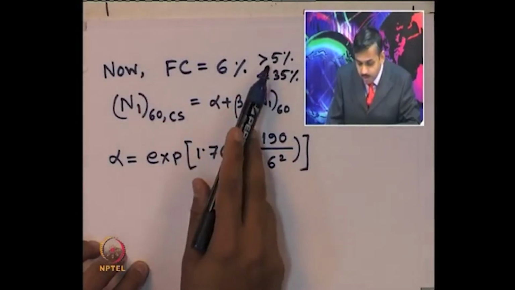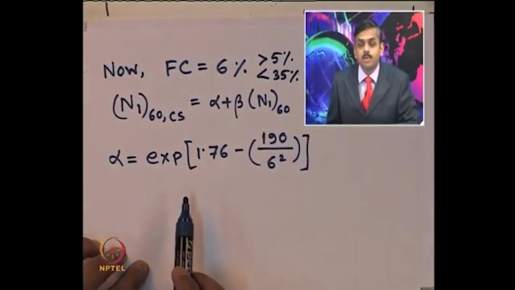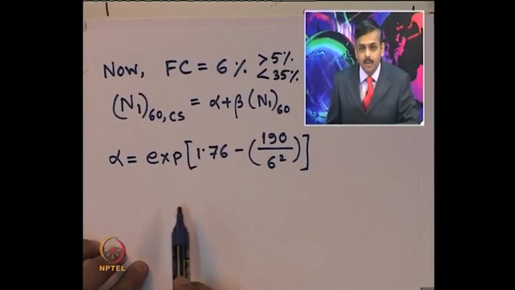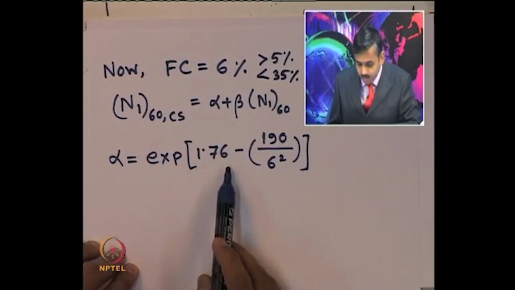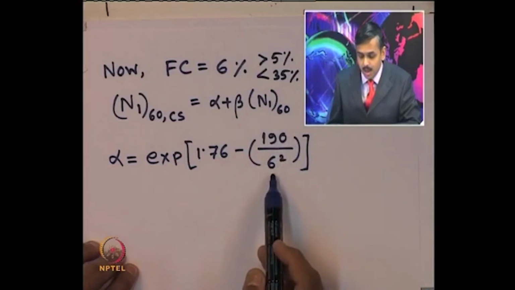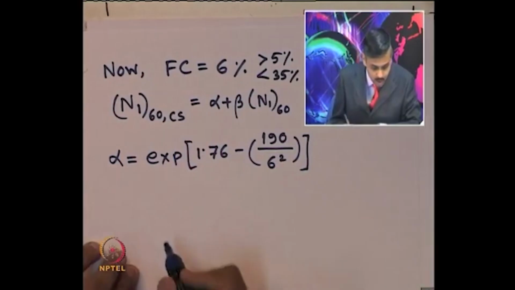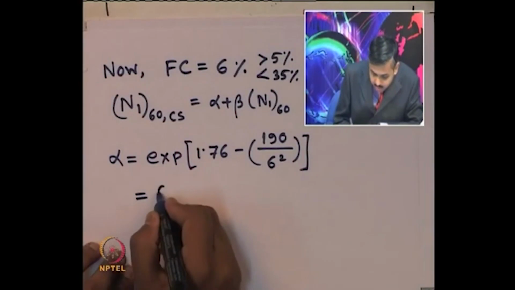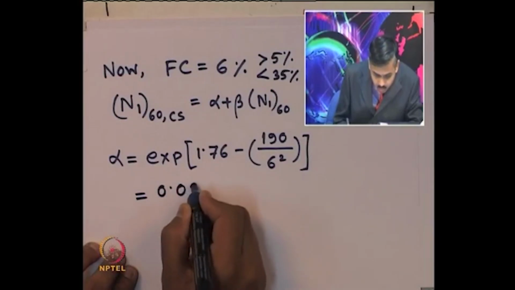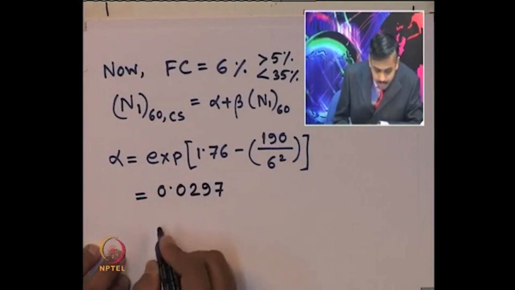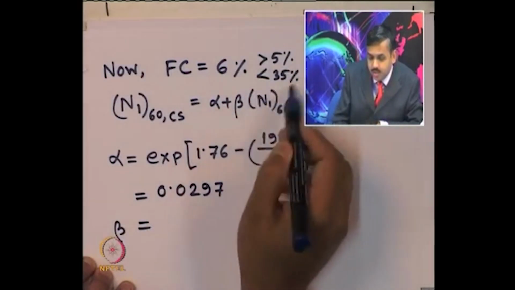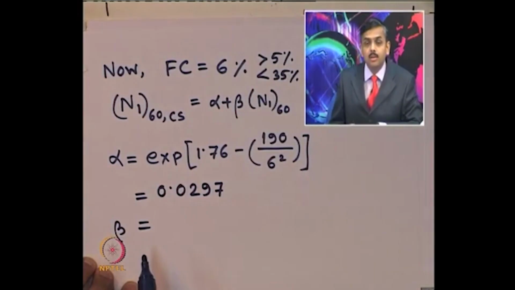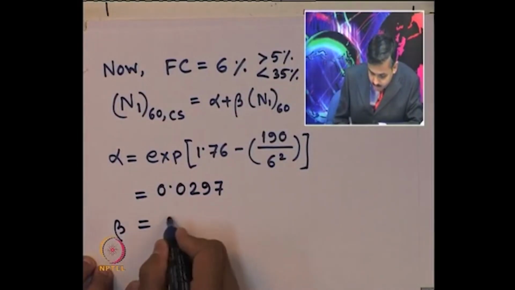For that range between 5 to 35% of fines, this expression of alpha needs to be used: 1.76 minus 190 by fc square, which gives us 0.0297, and the expression of beta for this range is given by